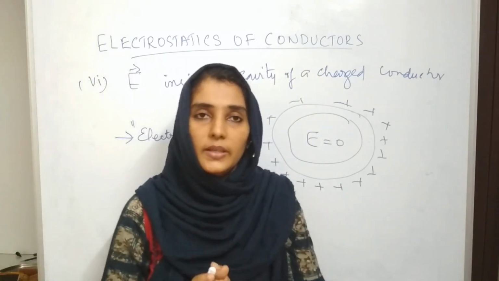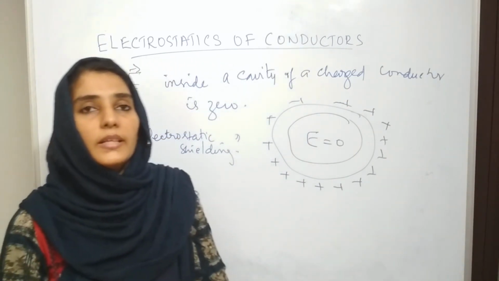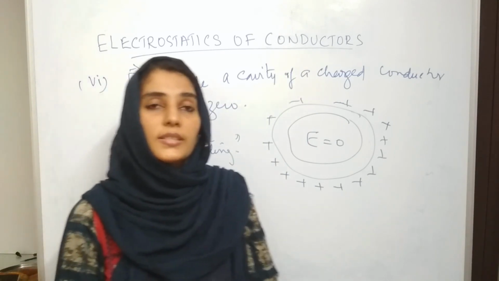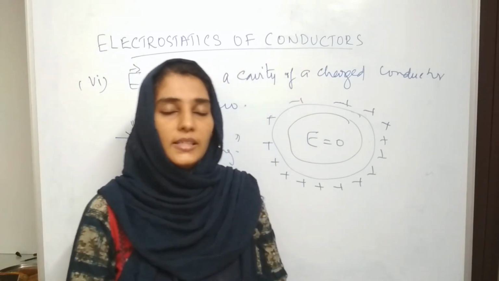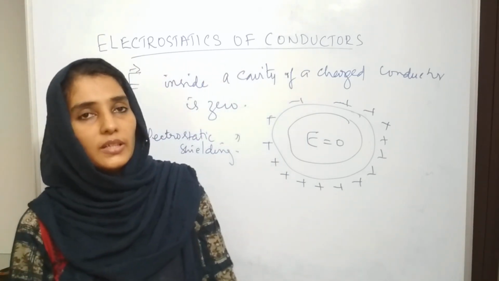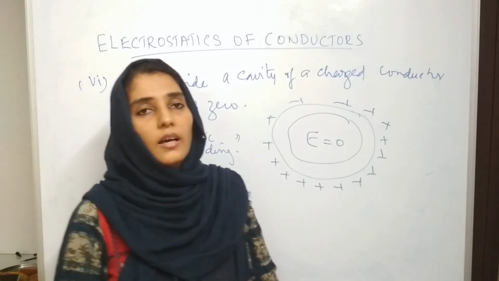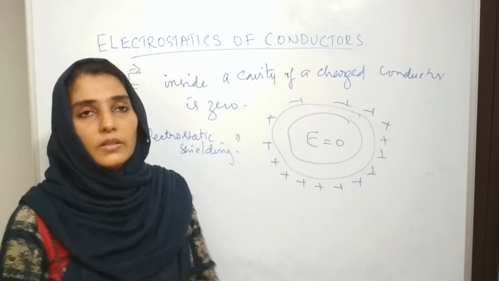So we have completed all the six important characteristics related to the electrostatics of conductors, be it charged or uncharged. Usually we talk about charged conductors, and we have gone through all the six